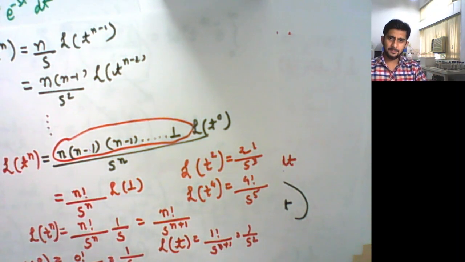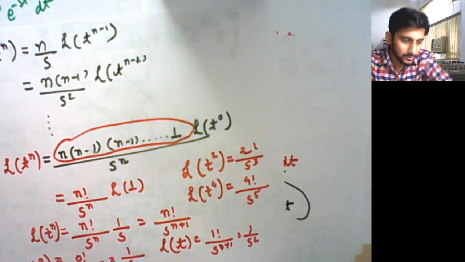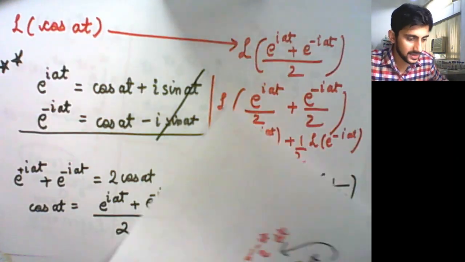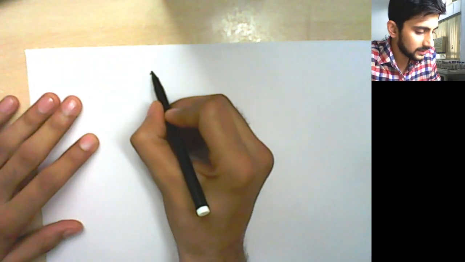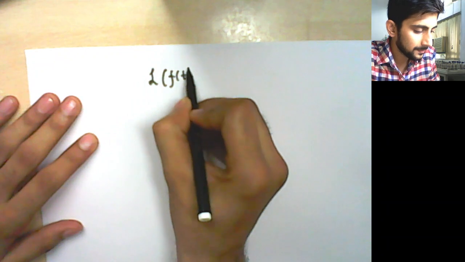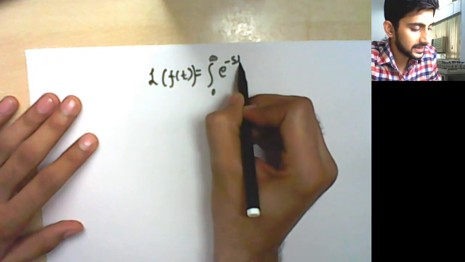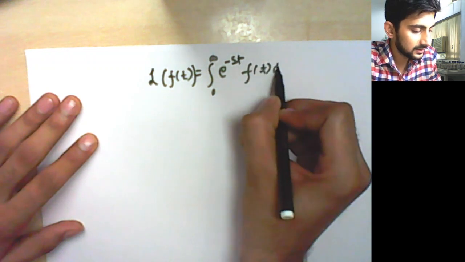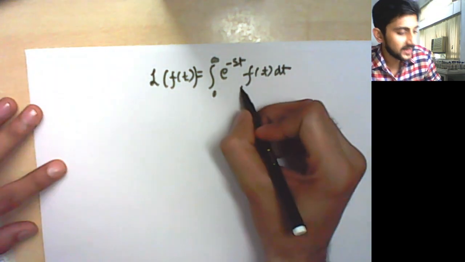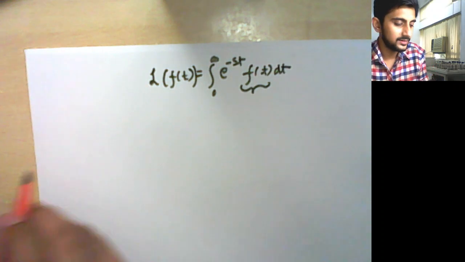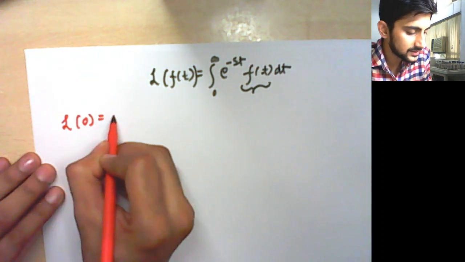And I believe that this much would be enough to sail through in our network theory course. तो एक पेपर पे हम लोग लिख लेते हैं कितनी सारी चीजें हमने लाप्लास ट्रांसफॉर्म में सीखी. फाइन. So in our first class, we did the definition that Laplace transform of any function is equal to integral from 0 to infinity e to the power minus st f(t) dt. And depending on what f(t) is, Laplace transform can be of different things. For example, Laplace transform of 0 is 0.